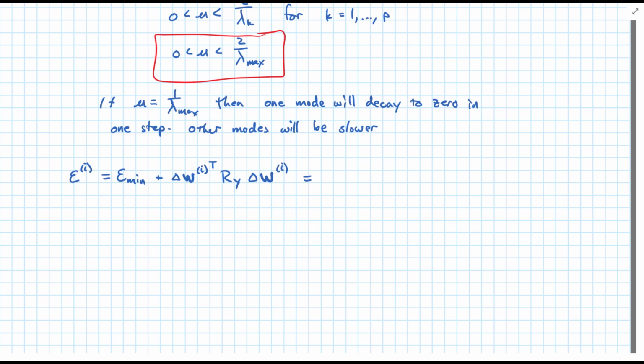Well, using the factorization we had introduced above, this now becomes v_i,